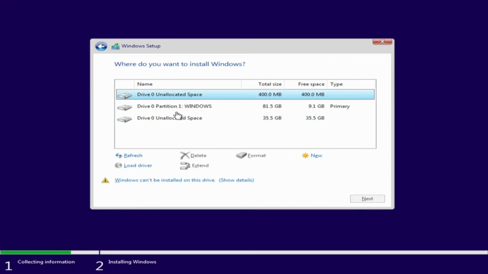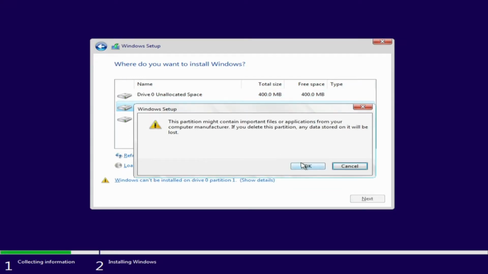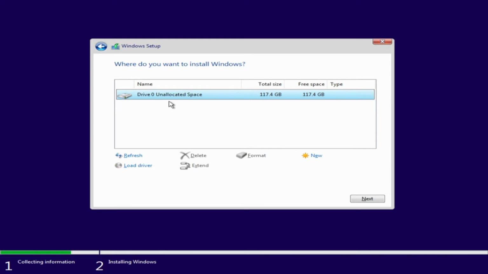Windows partition, bye-bye. And that's it. So right now you can press next and you don't need to create new partitions. That's not important. And actually this PC has two drives, SSD 120 that you see right now and 1 terabyte